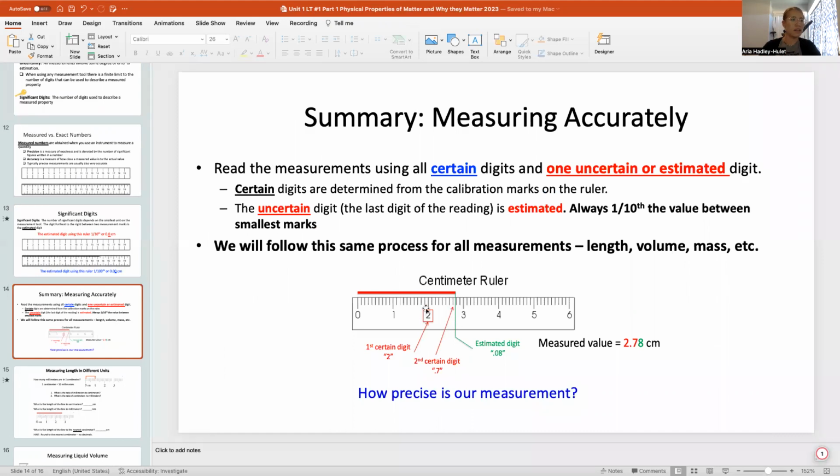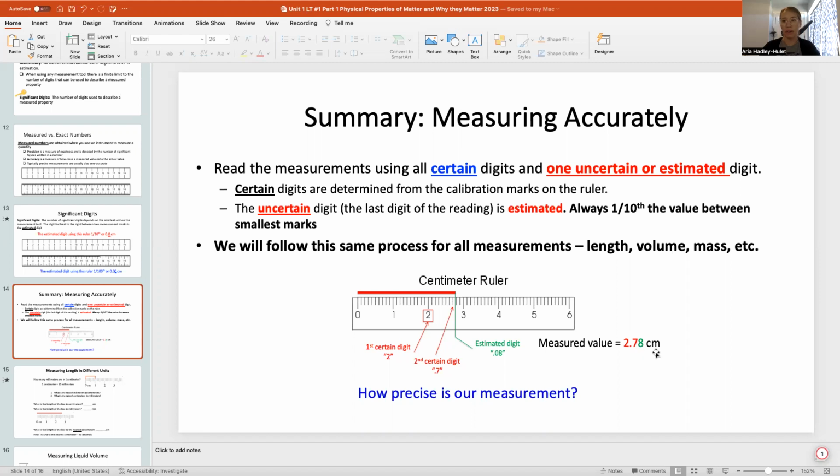I see all these lines, and as a human, I can estimate in between those teeny tiny lines. So if I want to measure this red object up above the ruler, I am certain that I am past the whole number digit 2, and I am certain that I am past the 2.7 line. And now I'm going to estimate, and I estimate that I'm 0.8 of the way to that next line. And so I have a measured value of